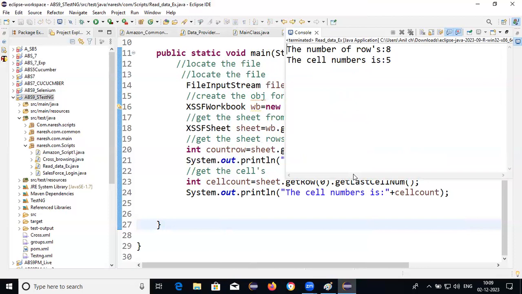So write down data driven testing. If we want to read the data from the Excel sheet,